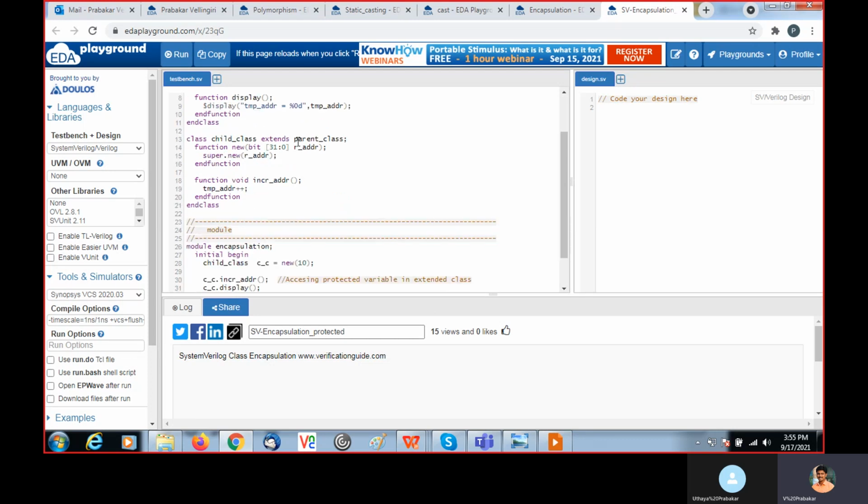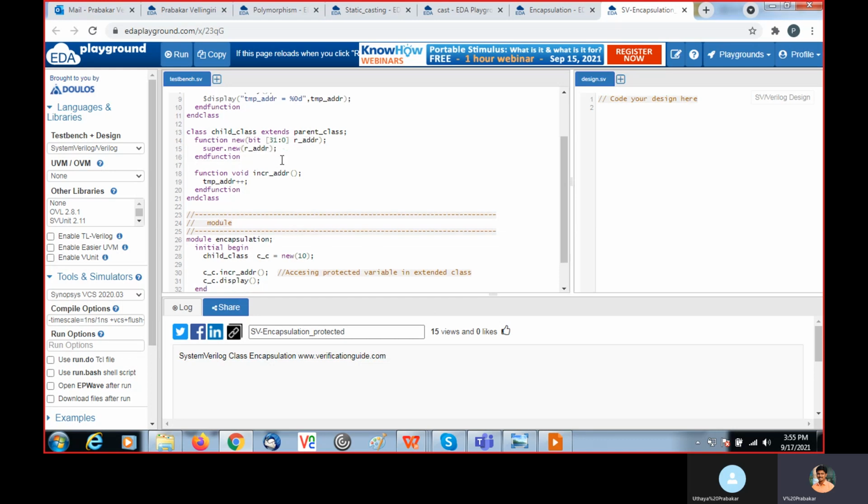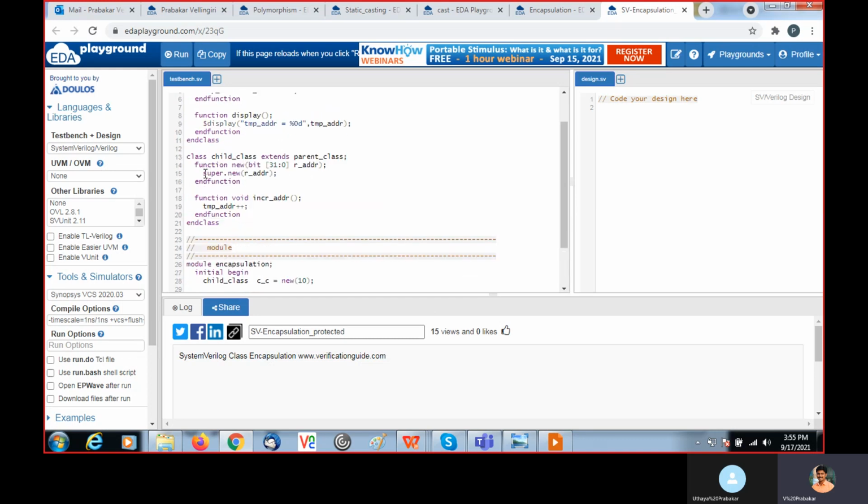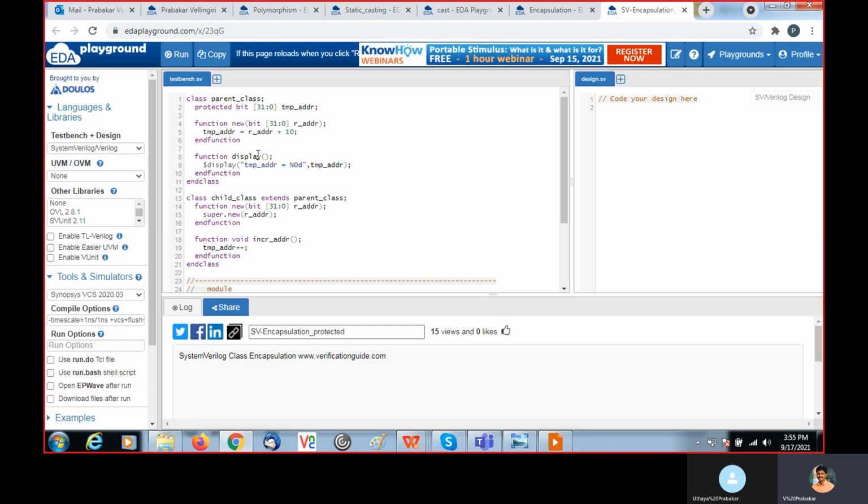Inside the child class, it is extended from the parent class. Here, now writing that function new, and I am calling the super new. When I call the new of this child class, automatically this super class new will be called.